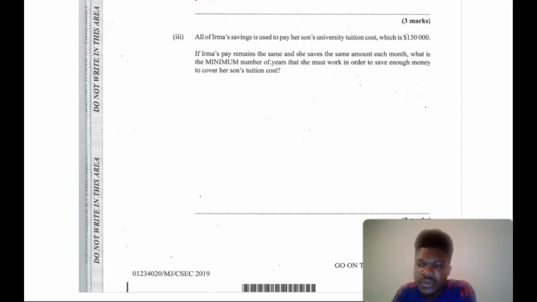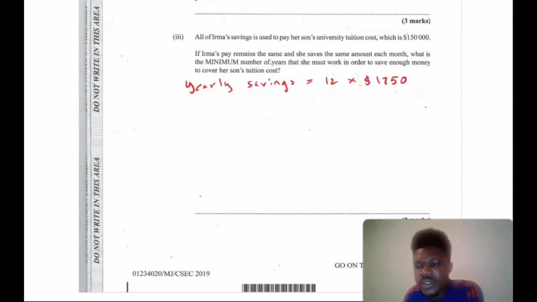So how much of this 1,750 we can get from her salary? So first we can find how many months she needs to save. If we divide this 150,000 by the amount she saved per month, it tells us how many months, and then we can divide that by 12 to get the number of years. Or we could multiply and get how much you save per year first and then divide. It doesn't matter. So let's do yearly savings, which is going to be 12 times